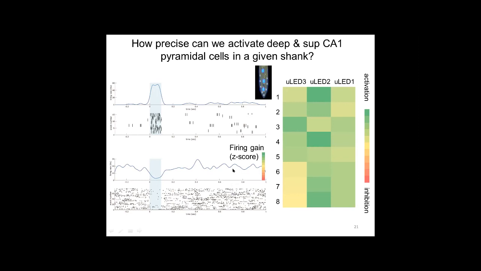And then basically you represent the information in a matrix. In this matrix, what you see here are the channels, so 1, 2, 3, 4, 5, 6, and so on till 8. This is located superficial in the CA1, and this is deep. And the micro LEDs are number 3, 2, and 1 from the deep to the superficial. So in a row here, what you see is that for all the units that you were located